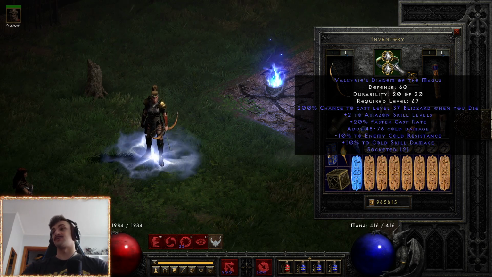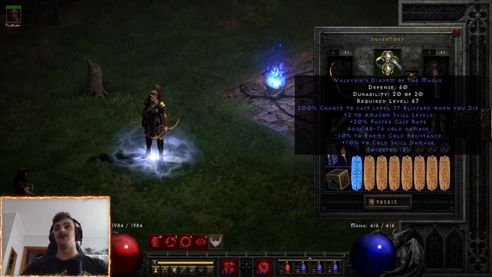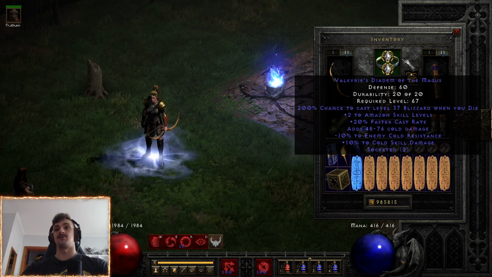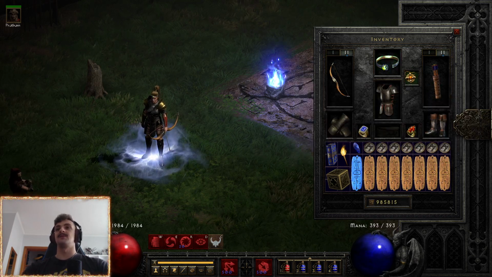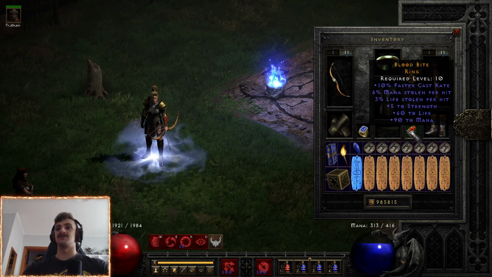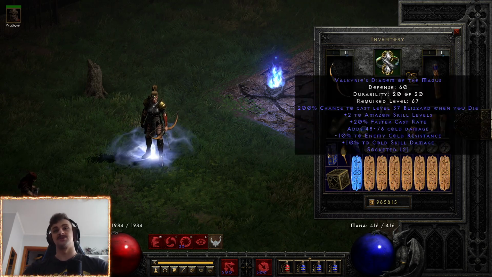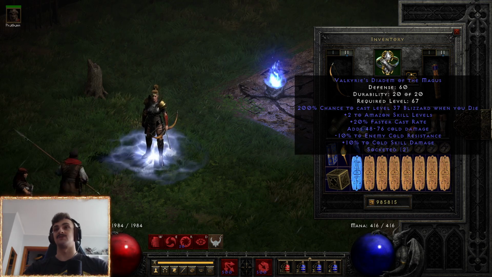You can switch this around to get more increased attack speed, depends on what your gear setup is. For this, I went for max damage on that helmet spot. Next, I have an amulet. This, I need up to 18% cast rate, because I have a ring with 10%, I have a Rax for 20, and I have my amulet, my circlet up here for an extra 20, so we can reach that 68